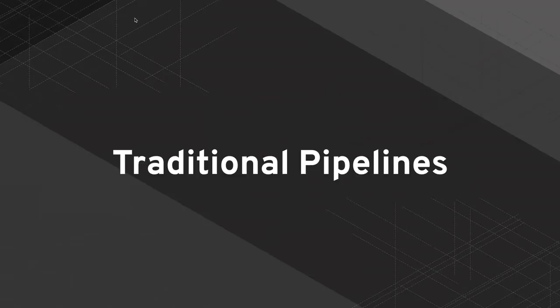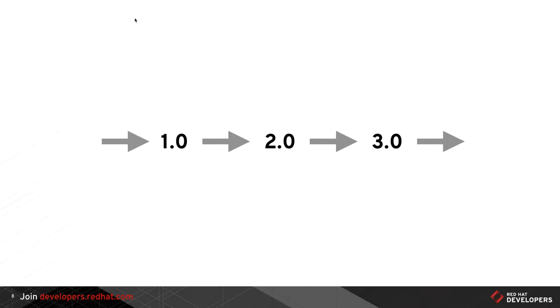And just to give you a comparison on how we traditionally do deployment pipelines: in traditional deployment pipelines, you always assume that the next version is better than the previous one. So if I'm developing release 1.0, then for the next version, I'm performing some commits into my master branch. And I'm assuming that the next release, 2.0, will be better than the previous one. I'll have fewer bugs. All of my features will be better than the previous one. I'm also assuming that the features that I'm developing right now are the best fit for the business. And if I release 2.0 into production, when I'm developing 3.0, I'm always assuming too that 3.0 will be better